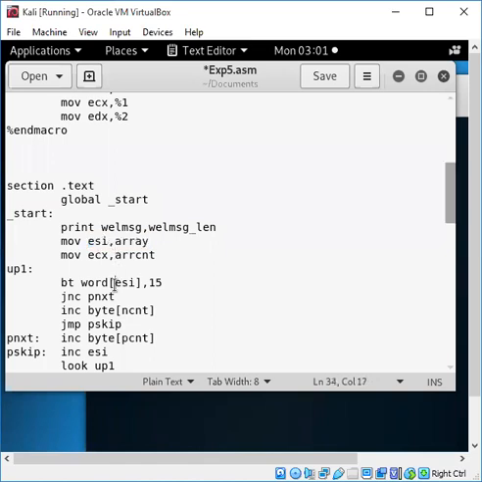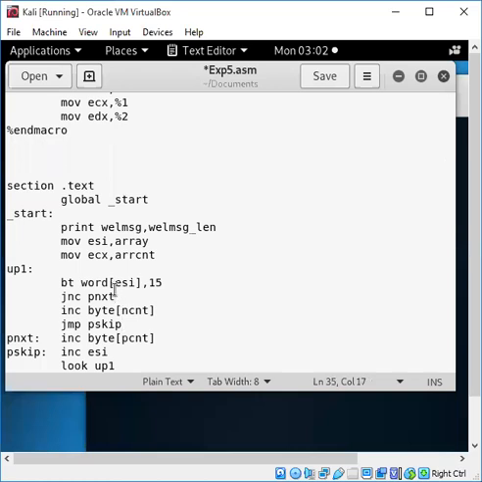Get the count for it, and do the bit test, BT, that is, what bit value you are able to get, whether it has a value or not. So depending on that bit test, it will identify whether that value is 0 or 1, whether it has a value in it or not. That is the first word. So ESI BT, we'll get that instruction part also. It will perform the bit test on these.